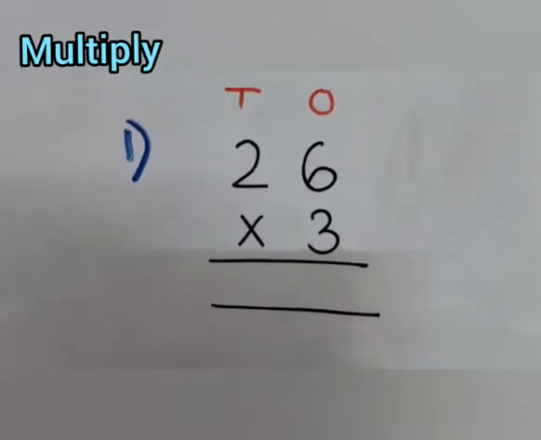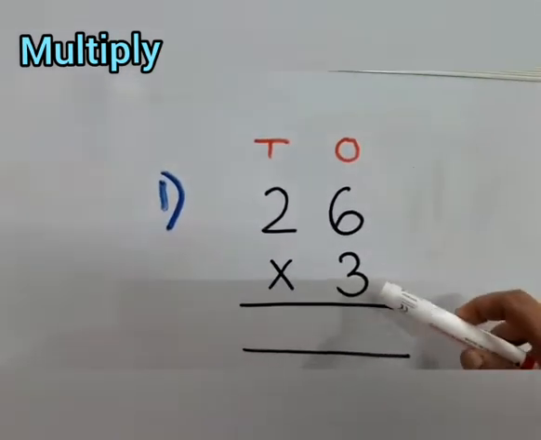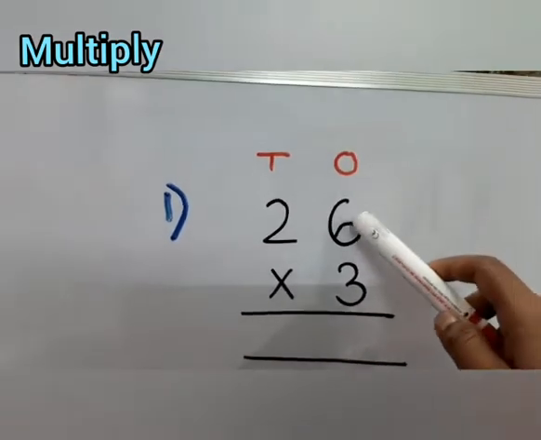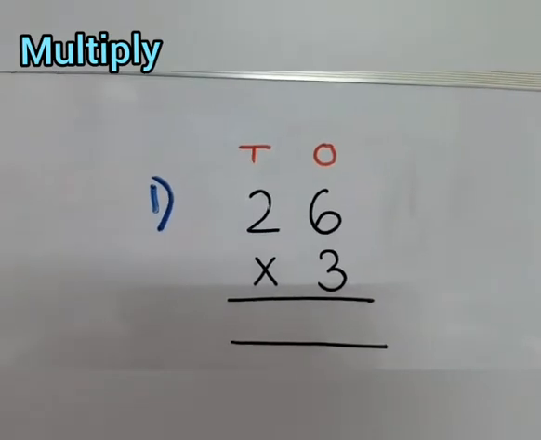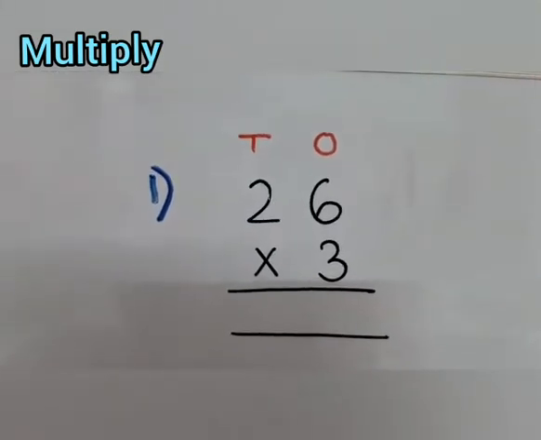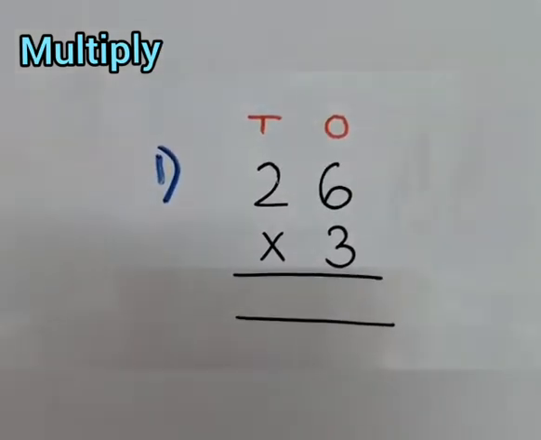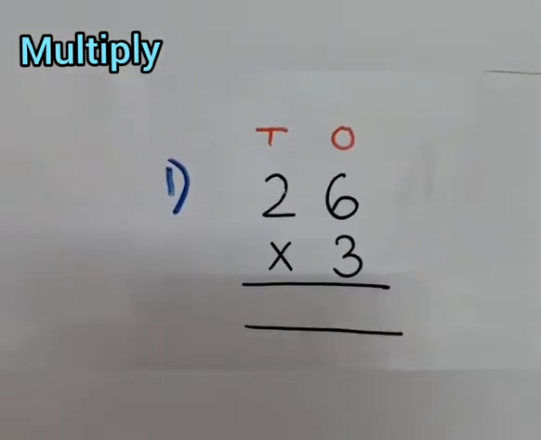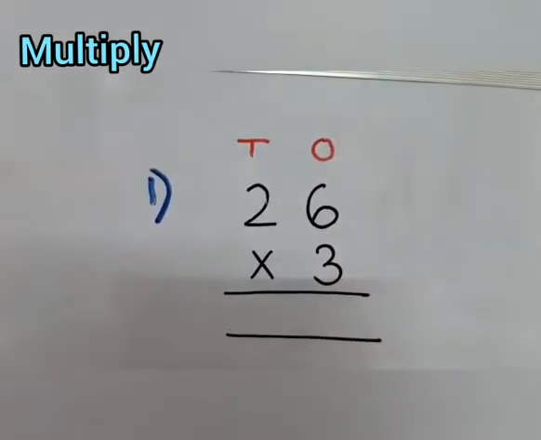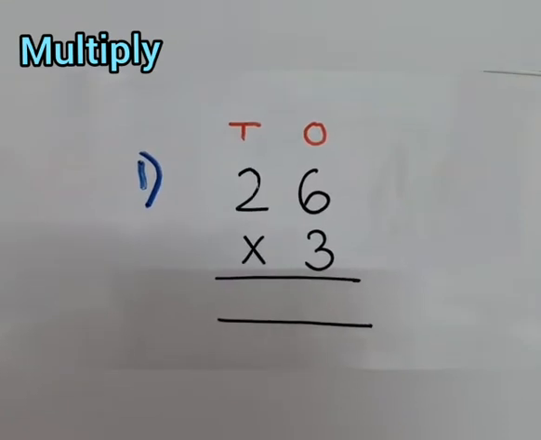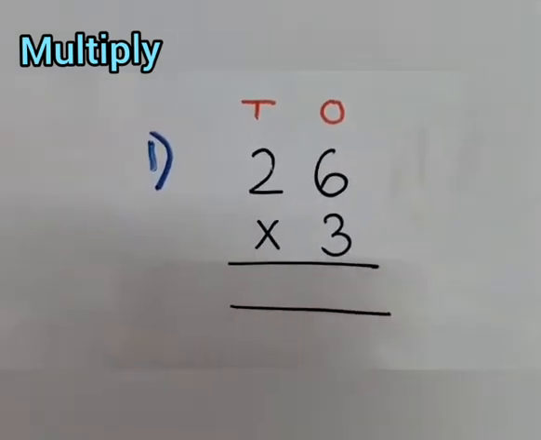And the first question that we have is, we have to multiply 26 with 3. And we have 6 in ones place and 2 in tens place. And in our previous class, we have learned that we have to start doing multiplication from the ones digit number. So, let us start doing. So, 3 6s are how much, children? Yes, 3 6s are 18. So, 18, the whole number we will write here?